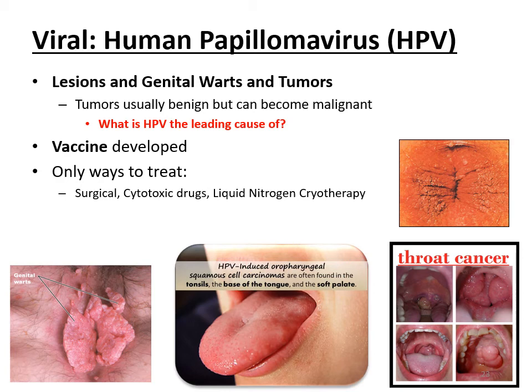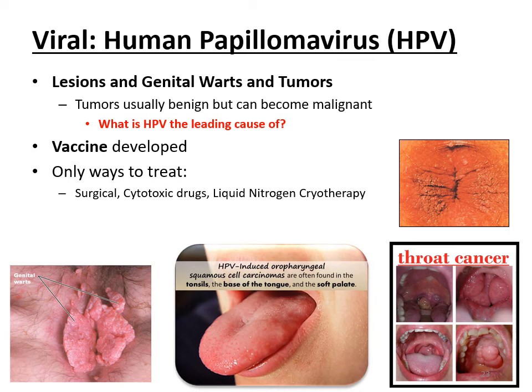It used to be that students would only answer with cervical cancer, but it's no longer just the leading cause of cervical cancer. It is now the leading cause of cervical cancer, throat cancer, and anal or rectal cancer, okay? So you have cervical cancer, throat cancer, and rectal cancer, okay? And usually you can tell that it is an HPV infection or cancer based on the warts that are present as well, okay? That uncontrolled cell growth.